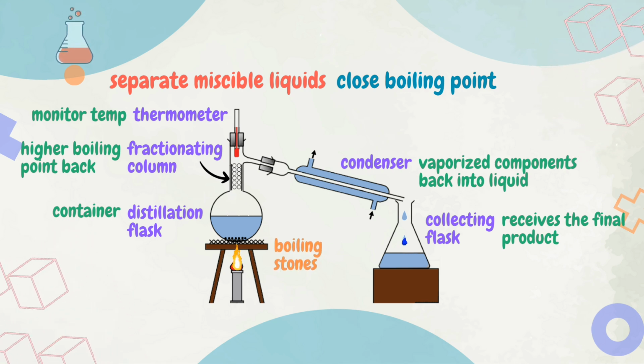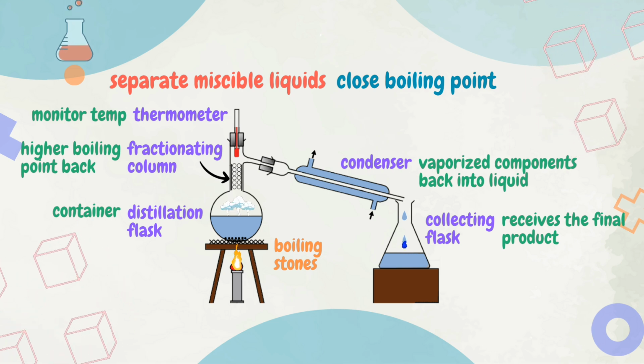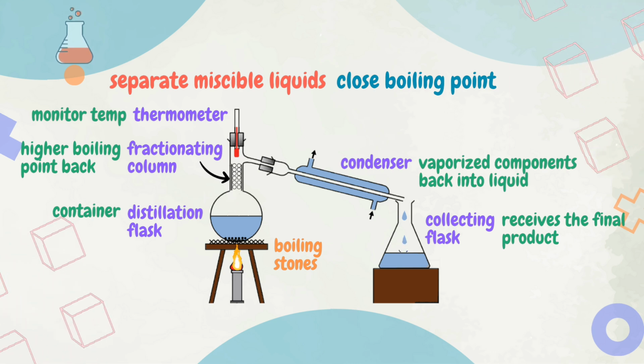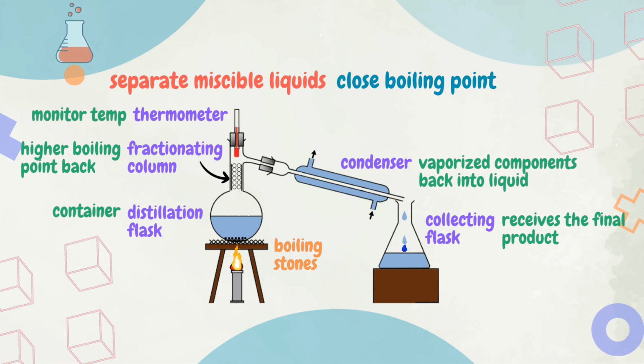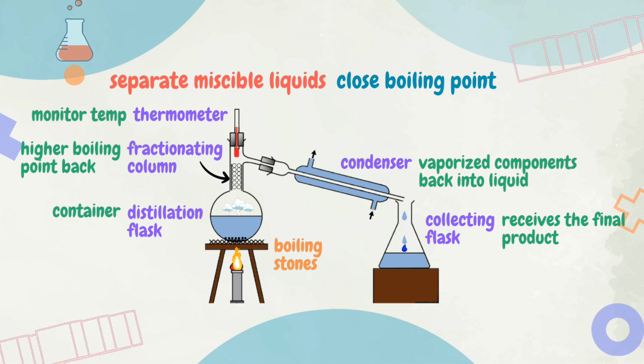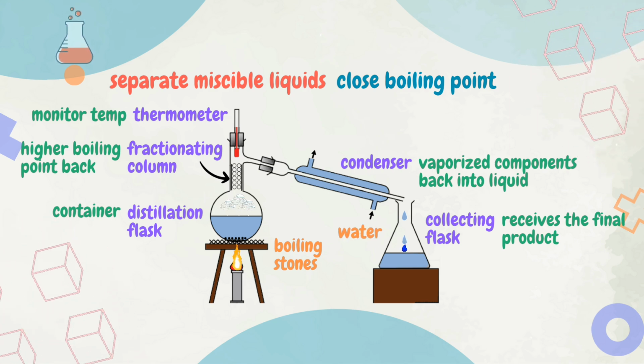The boiling stones are added to the distillation flask to ensure a smooth heating process and prevent superheating and bumping. Temperature monitoring through the thermometer is essential for identifying when each component begins to vaporize and condense, aiding in the accurate collection of fractions. It's important to note that efficient cooling is maintained by allowing water to enter from the